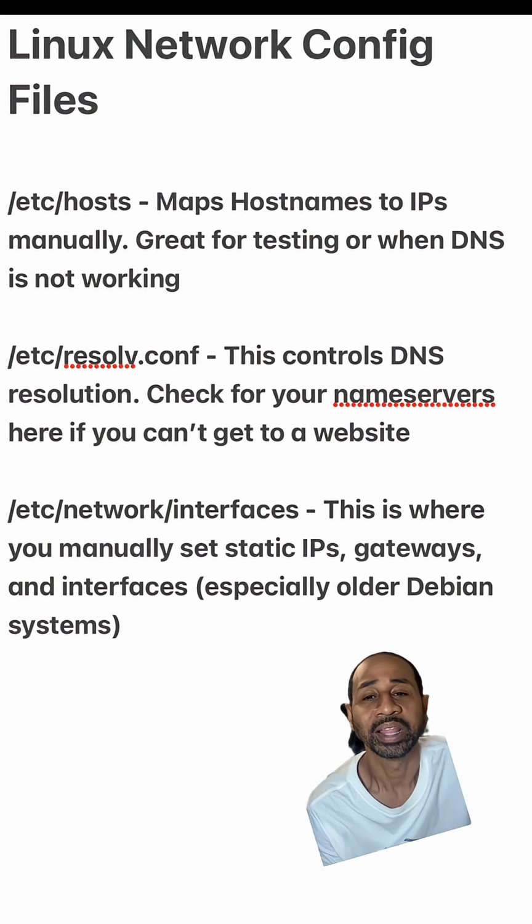/etc/hosts file. That's the file where you can change the host name manually, and it's great for testing or when DNS isn't working. And then for number 2, we got the